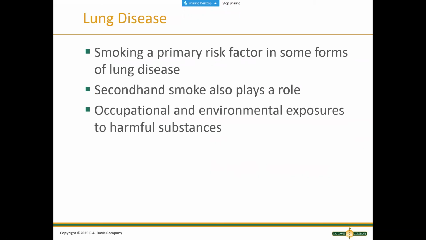With lung disease, I mentioned this last week, smoking is by far the primary risk factor. Secondhand smoke also plays a role. And there are occupational and environmental exposures as well. This is a field of research we've really focused on in healthcare because nurses are at a higher risk for lung disease. And one reason we think, I just happen to have this bottle of